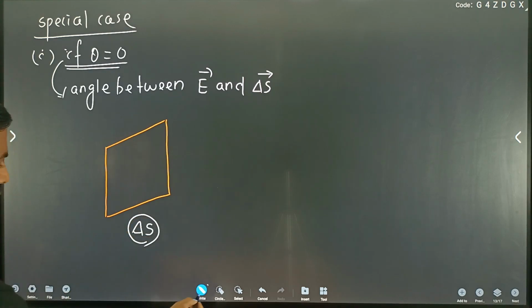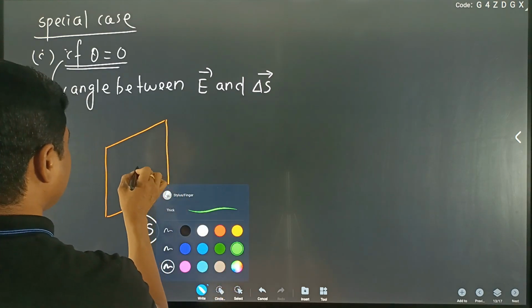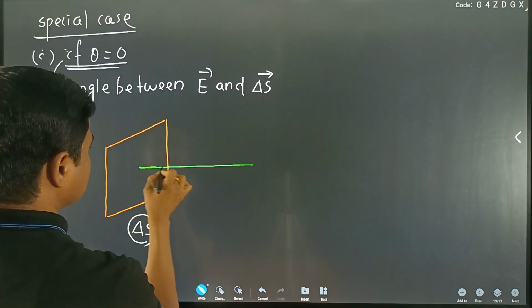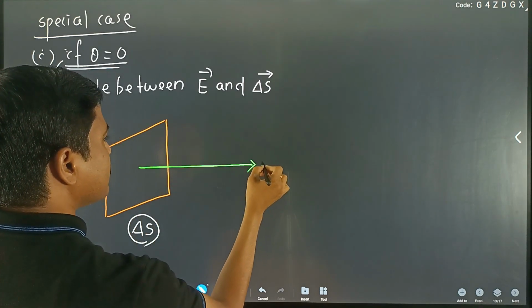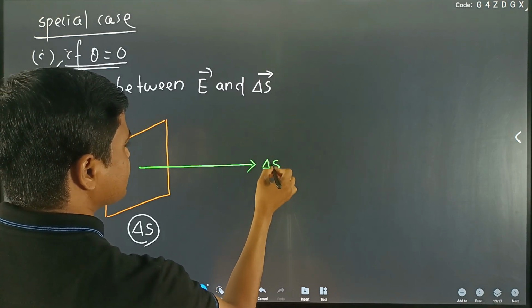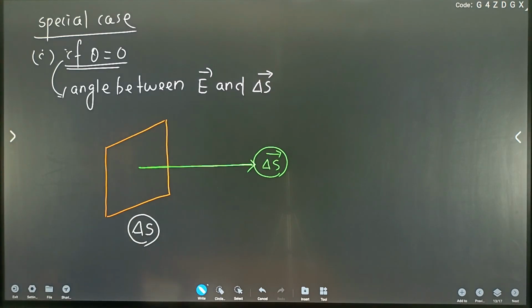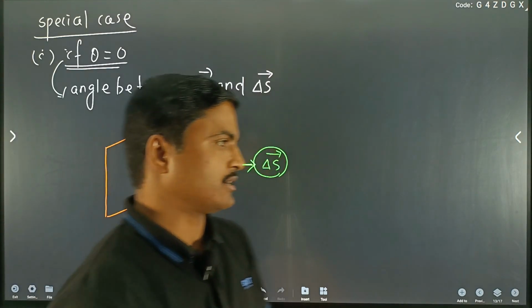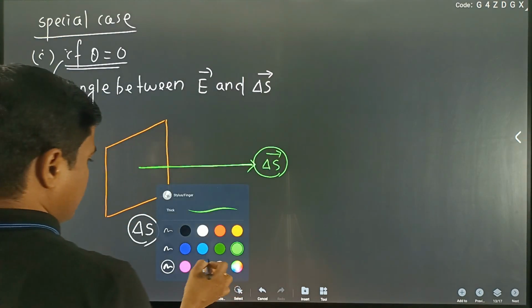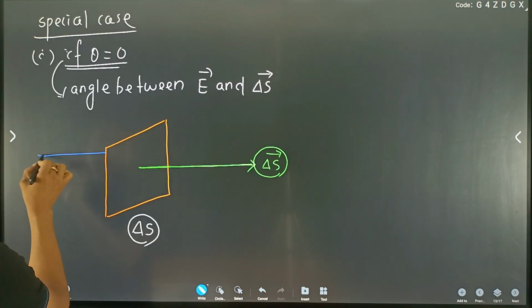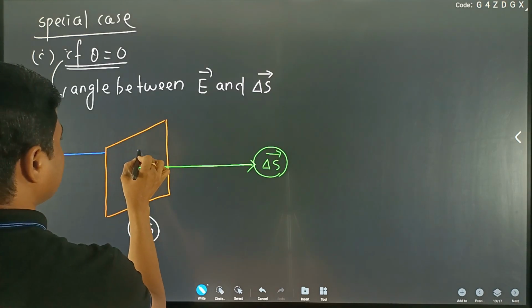Then what is del S vector? We draw a perpendicular outward normal. This one is the outward normal, and this is the direction of the area vector, that is n cap, or you also write del S vector. And suppose these are the field lines, these are the electric field lines,